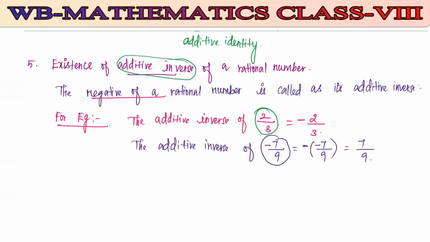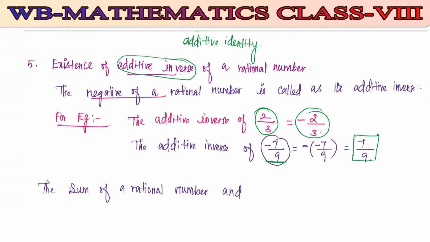So for the additive inverse, you just have to change the sign of the rational number. When you have plus 2 by 3, we got the value as minus 2 by 3. When you have minus 7 by 9, we got the value as plus 7 by 9. So this we call the additive inverse. Additive inverse is nothing but the negative of a rational number. Now we will look into the corollary part. Here we have the sum of a rational number